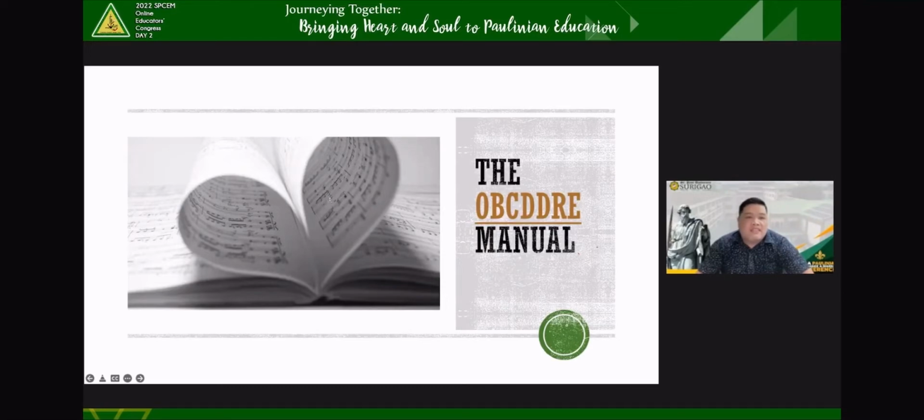This is a 77-page document which serves as a guide of St. Paul University Surigao in the implementation of OBE across all programs. So let's just look at the table of contents. We have the introduction, the outcome-based education in general, the OBE principles and process, mapping the curriculum, assessment tasks and